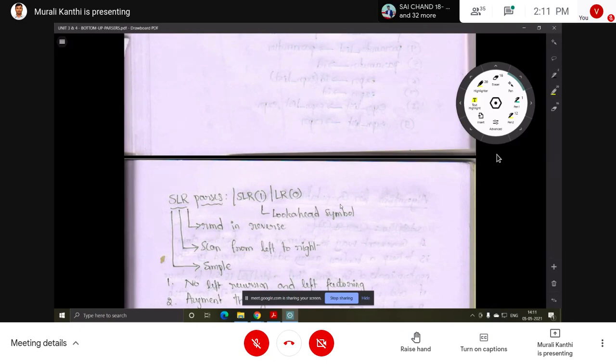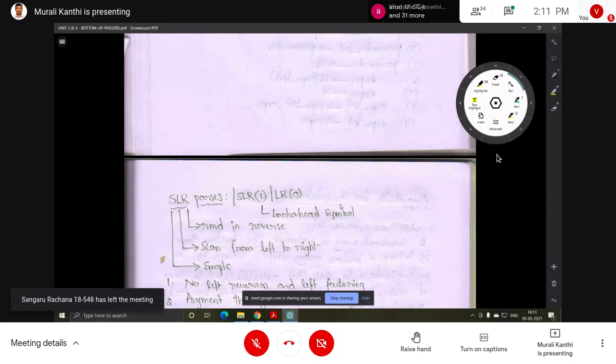We have seen the example also in the last class, but in the shift reduce parser some problems are there. Those are called conflicts. The shift reduce parser has two conflicts: one is the shift reduce conflict, another one is the reduce reduce conflict. In the shift reduce conflict, we cannot decide which operation is going to be performed.